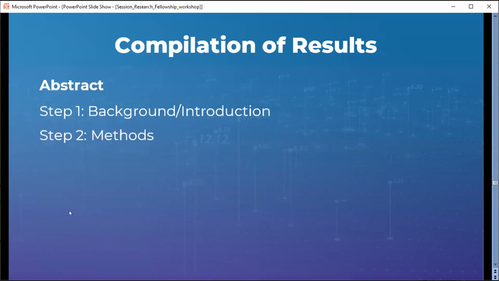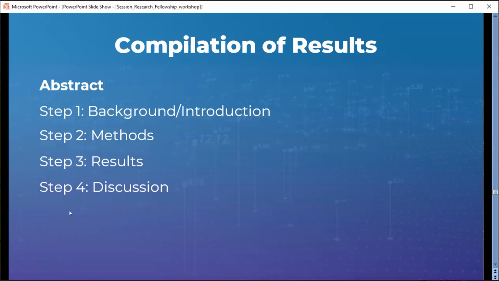Then the methods that you have used, then the key results, and finally the key conclusion and discussion. These are also the main steps when you're writing your manuscript. Usually an abstract is 250 words or 150 words, so accordingly you have to manage all these 4 sections.